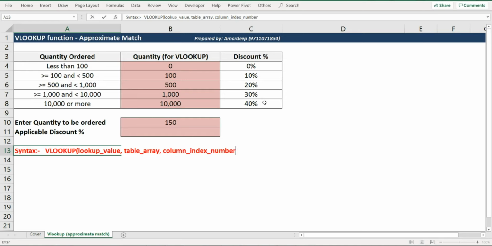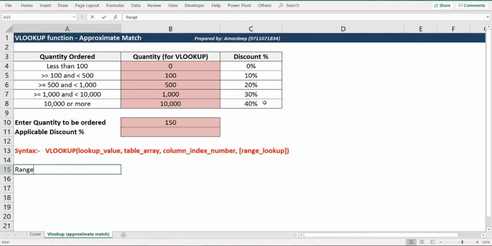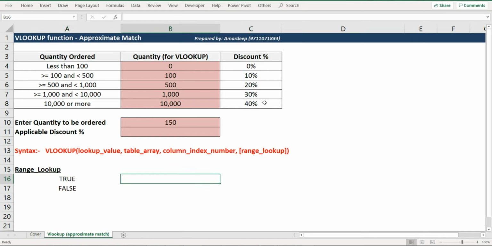The next one is column index number. Column index number indicates the column number wherein the resultant value is included. And finally, we have range lookup. And this is the new topic that I'm going to talk about now, because under the range lookup, you can have either true or you could have false.